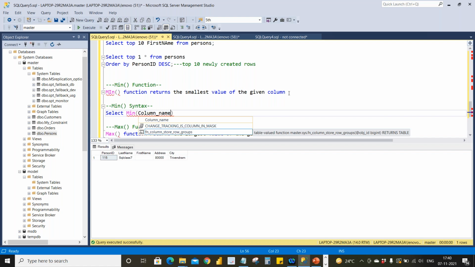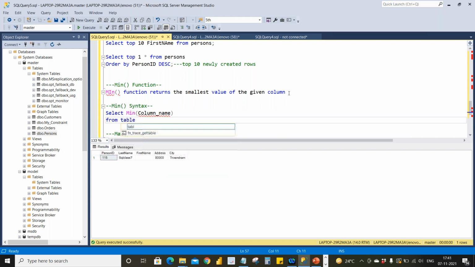If it is an employee, we need to specify the employee ID or the salary, minimum of salary. Which column you want the minimum value for, which column you want the maximum value for, you can mention that particular column name over here. If it is a company, then select minimum of salary, select maximum of salary, like that.